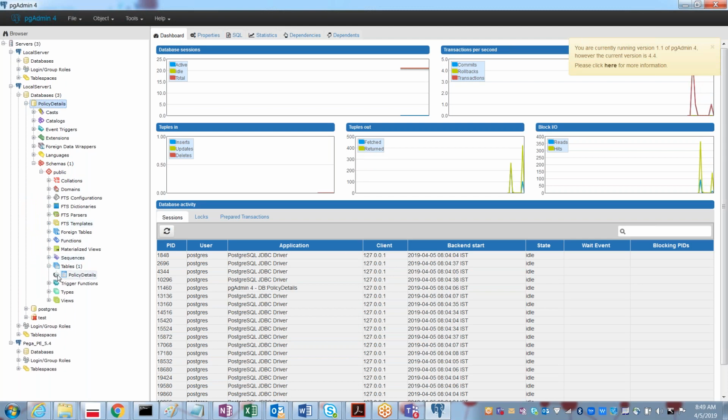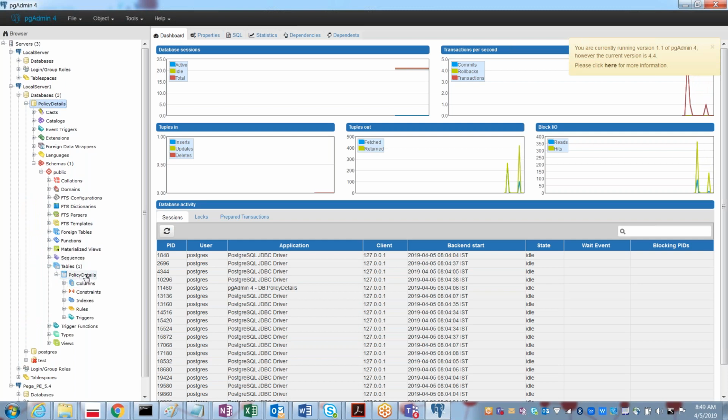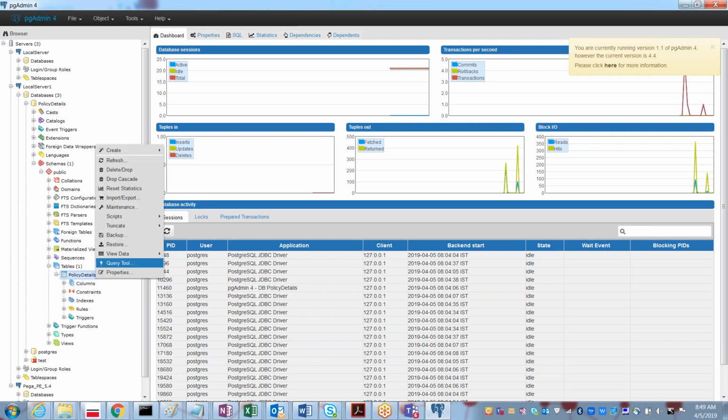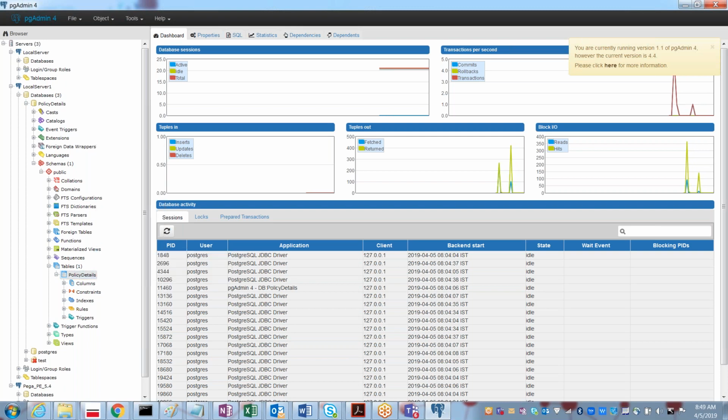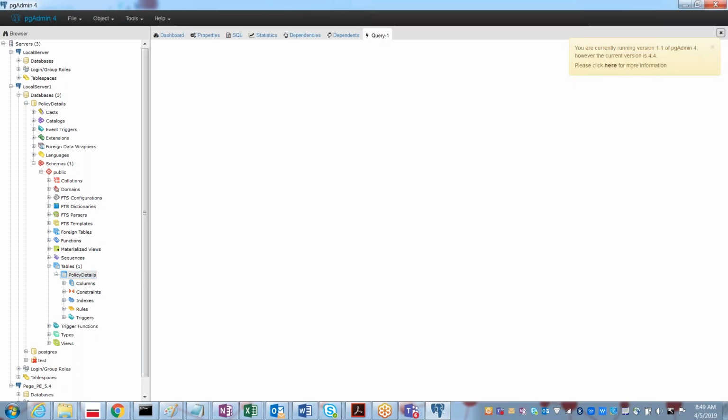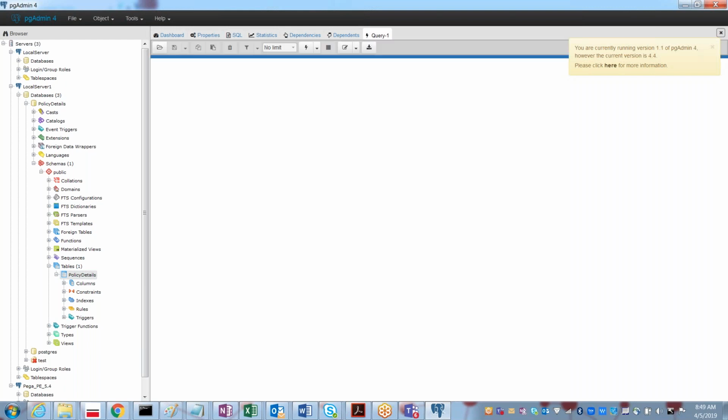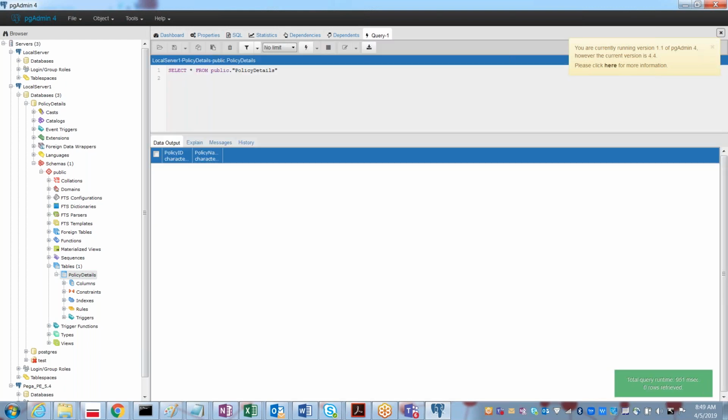Policy details table. Right mouse button, view data, view all rows. Policy details doesn't have any records.